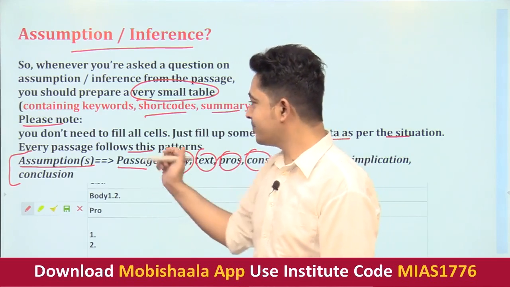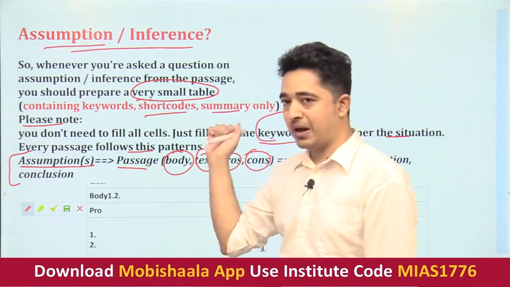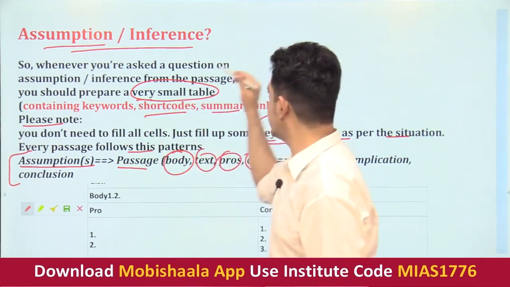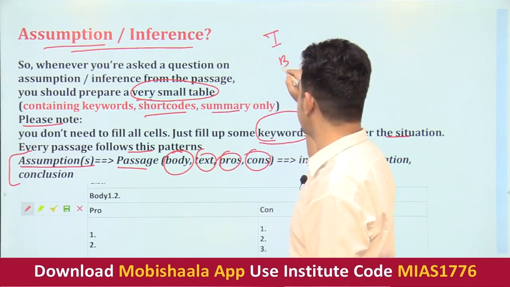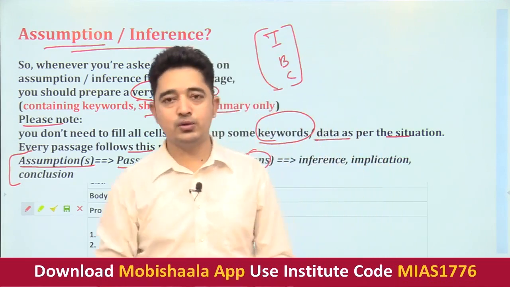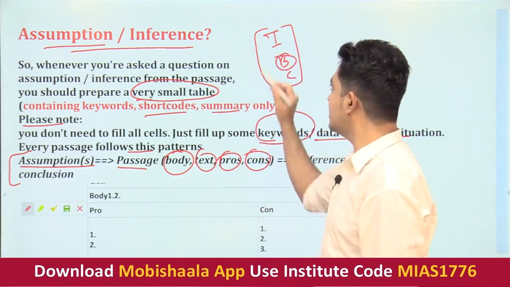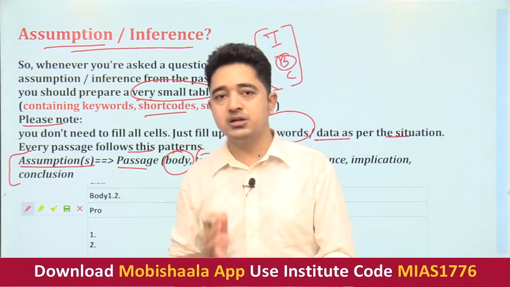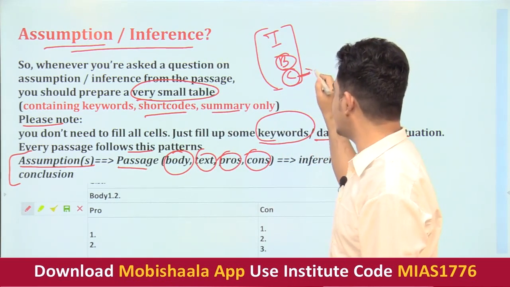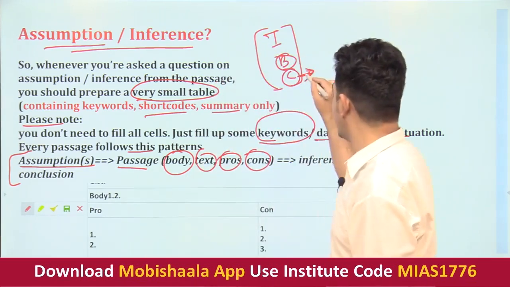So basically, first you need to understand the passage, in the type of assumption passages. Any passage requires an intro, a body and a conclusion, which is the IBC. In the intro portion you get to know what exactly we are going to discuss. In the body portion we get to know what exactly the author is trying to convey. And in the conclusion portion, we have to understand what exactly the passage is talking about, what we have discussed earlier, and what it is trying to convey.